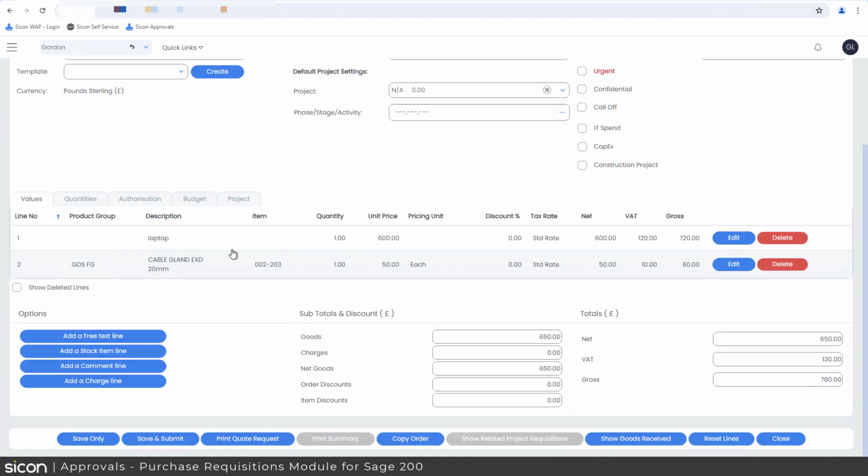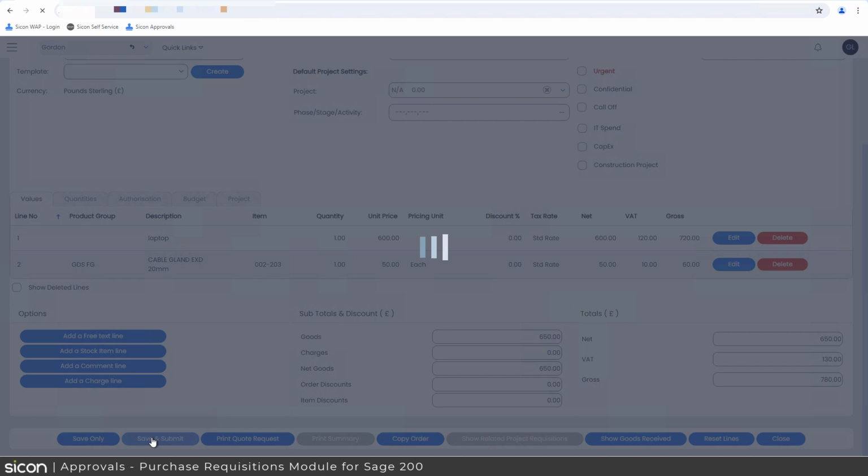From here, I can either save it and come back to it at a later date. I could even print a quote request if I want to send this through to a supplier. But if I'm happy with that, I have nothing else to add. So we've got our laptop and our cable gland now. All I simply do is click Save and Submit,